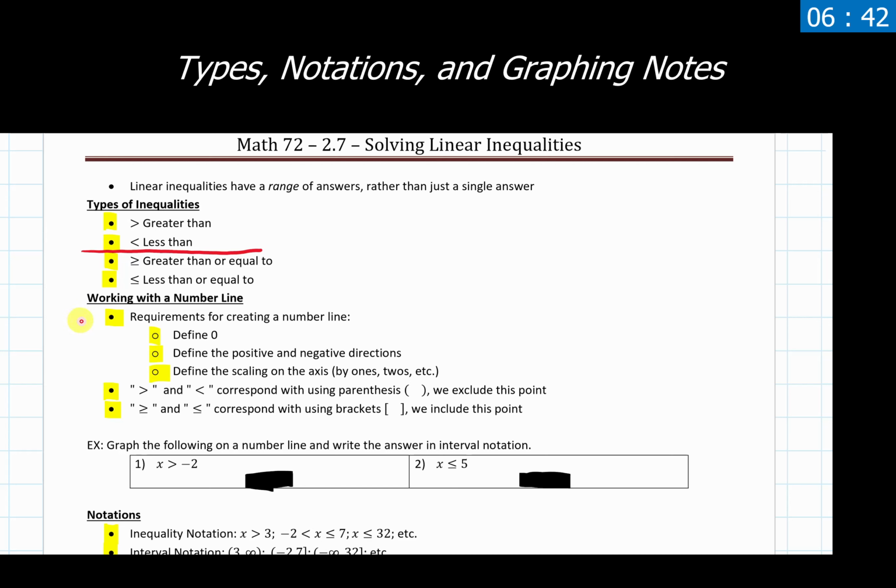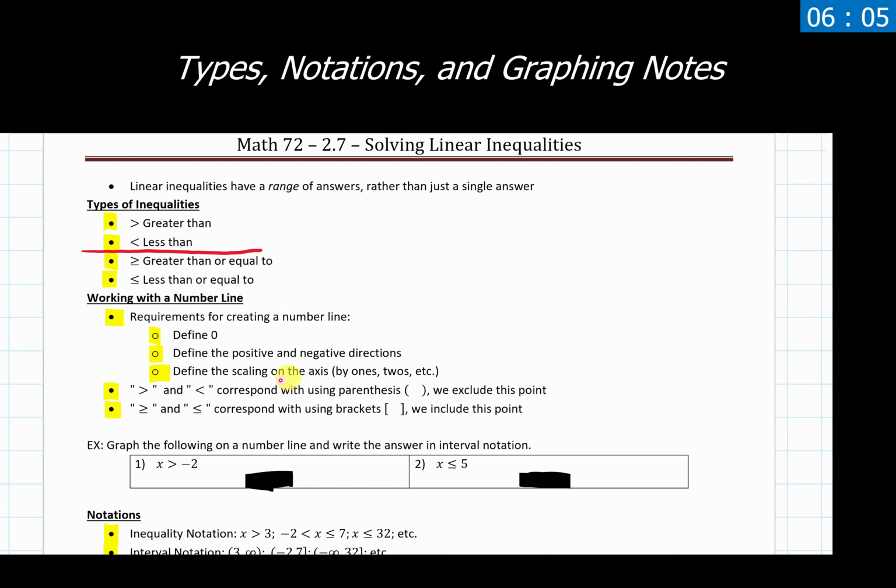But with a number line, we need to make sure that we are writing out and defining a few things. If we don't do this, then there's room for misinterpretation on number lines, and at the very least in my class, we're probably going to get wrong answers, and I'm not going to be grading what's been given to me to look at and grade. So we want to define where 0 is on our number line. That's generally a good starting place. We want to define then what the positive and negative directions are. Going to the right, is that going to be positive, or is going to the left going to be positive? You need to make that choice.